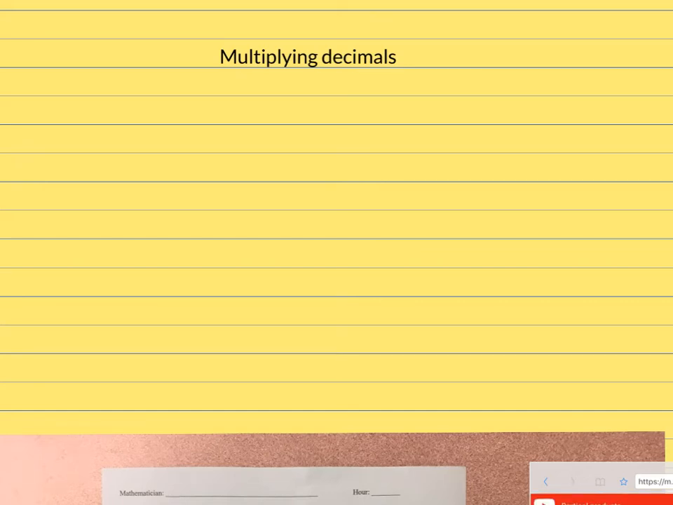Okay, so what we're going to do is cover multiplying decimals. Last time we did adding decimals, and now we're going to do multiplying decimals. I'm going to start out with something really easy. Let's do 5/10 times